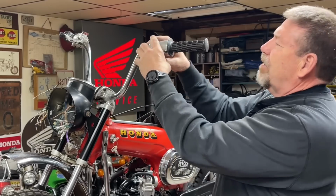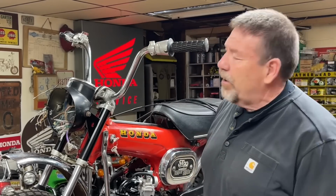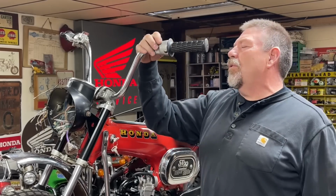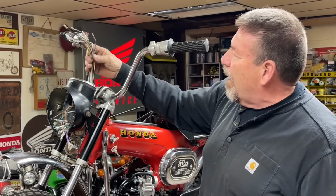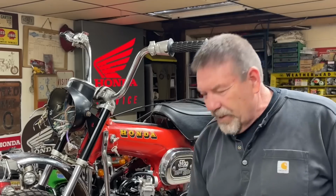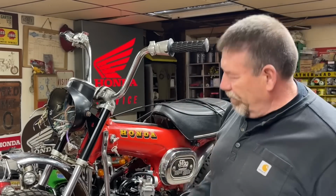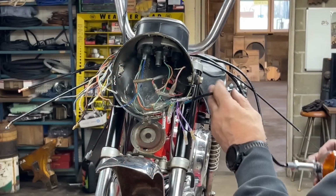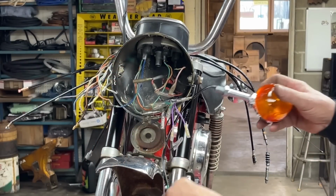You have to slide everything off the end of the handlebar, which means I have to take the turn signal control here loose, pull the wiring from it all the way out of the handlebar, slide that off, slide this on, and put all that back in there. So that's what my project is today. I want to give you a little bit of a look at what the turn signals